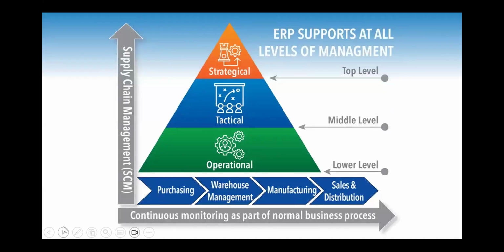Now, as I was mentioning to you, the ERP supports all levels of organizations. So the lowest level is, of course, the operational level, where you want to be able to manage your purchasing, warehousing, manufacturing, sales, distribution, customer service, right? If you were to look at HR and human resources, you are looking at a process called hiring. Then you want to know how many resumes came in for which job description, and who gets shortlisted for an interview, and so on and so forth. So these are very operational decisions, and these are the lowest level of decisions.